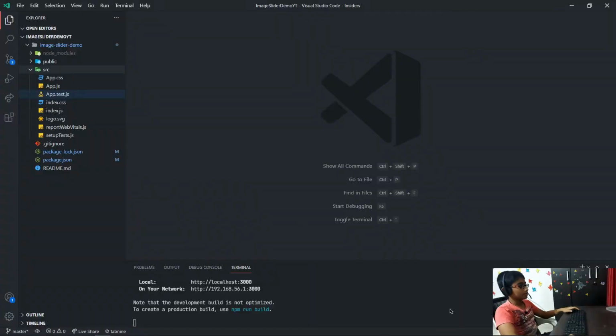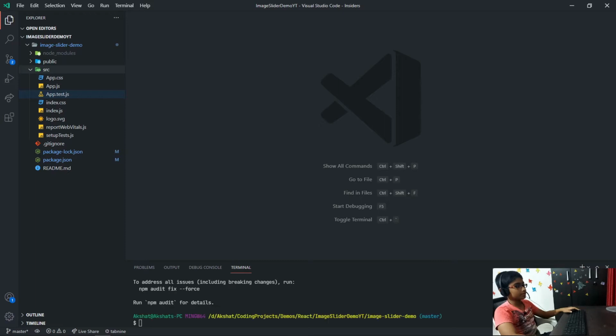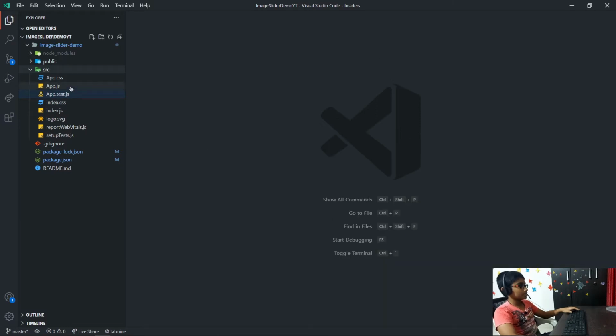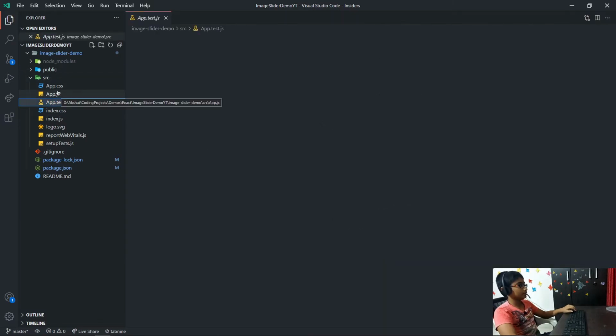So here what I've gone ahead and done is I've created a React app using npx create-react-app, and I've started it up using npm start. And then over here I've installed a few packages: npm install slick-carousel, react-slick, and styled-components. I've done all of those, and now the first thing that you want to go ahead and do right over here